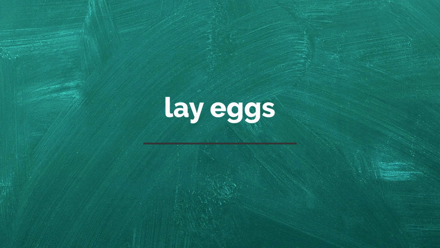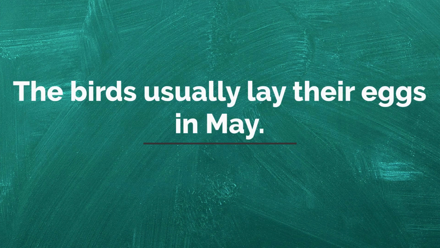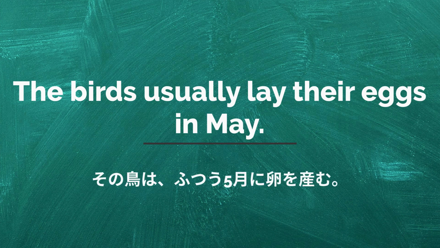Lay eggs. 卵を産む。 The birds usually lay their eggs in May. その鳥は普通5月に卵を産む。